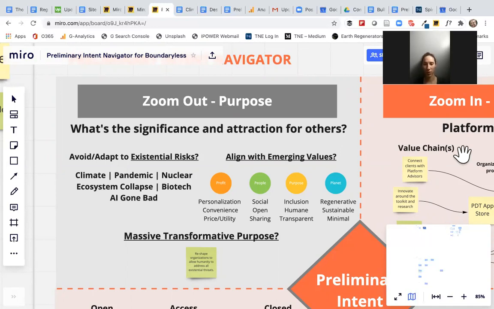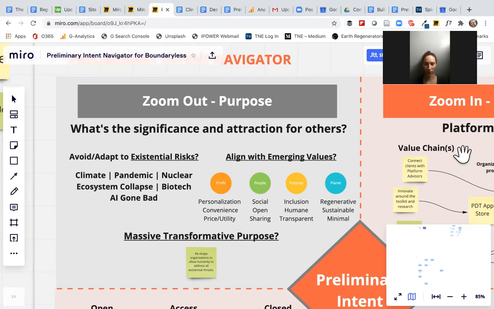If you're able to have a broader underlying purpose, you can attract more people because of their intrinsic motivation to contribute to it, or their alignment with that purpose. So having a purpose statement is useful for driving adoption because people might be more inclined to be part of it as almost a movement rather than just a business model.